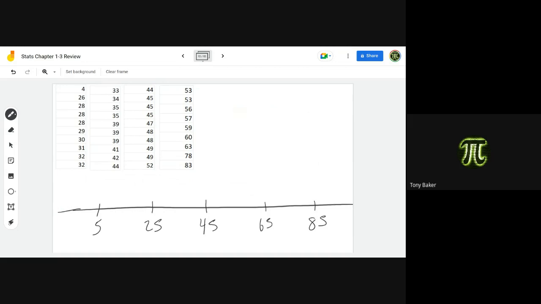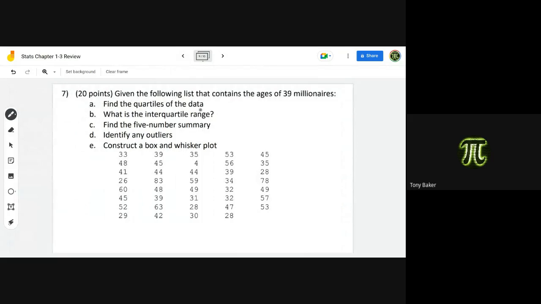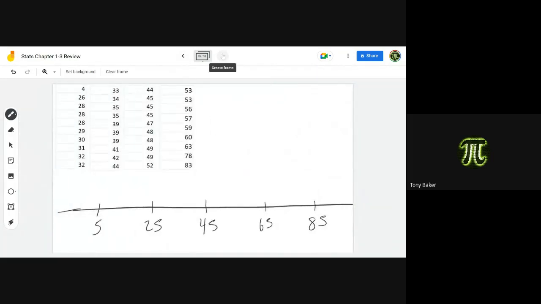All right. So what's the first thing I have to find? I think I got to find my median, right? So it says find the quartiles of the data. To find the quartiles, I need to find the median, the middle number first, because that's going to split the data in half. And then I can find my Q1 and my Q3. So my median,